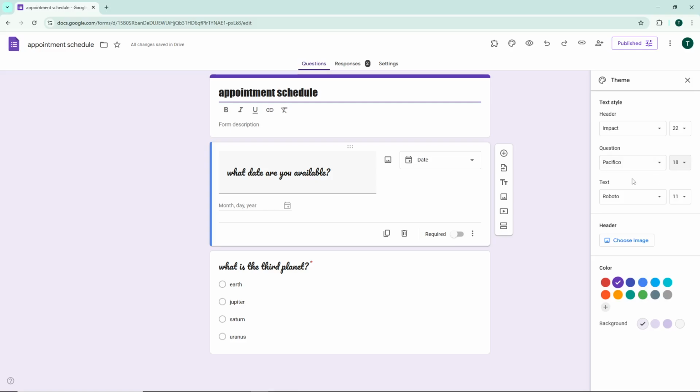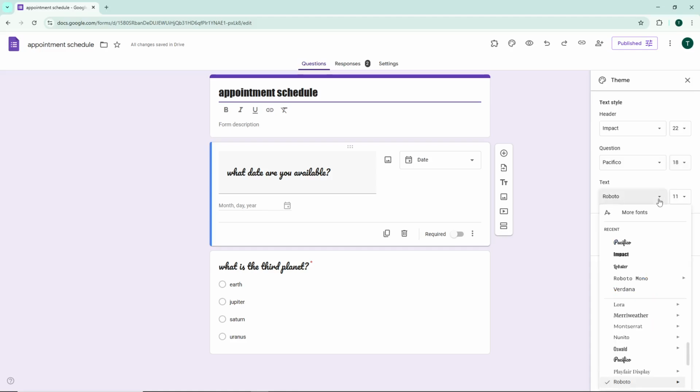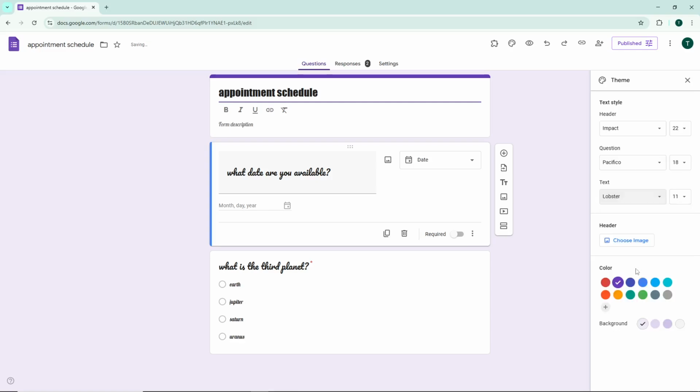Finally, navigate to the text section, click the drop-down menu beside it, and choose the font style you want for the general text in your form, such as descriptions or additional information. Once again, you'll see a number indicating the current font size. Click the drop-down next to it to modify the size, tailoring it to fit your overall design aesthetic,